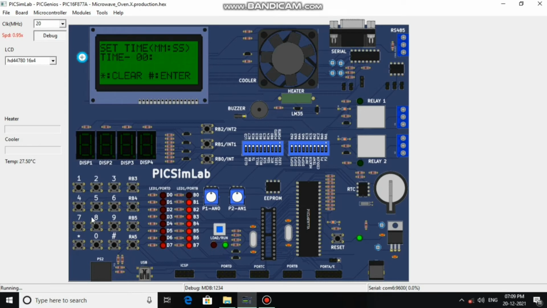So it asks for the timer to set, and I'm going to set the time. That is, I'm setting 30 seconds, and I'm starting the process of micro mode, and you see it starts now, and it starts to run. So in this process, you see the star in the timing setup column.